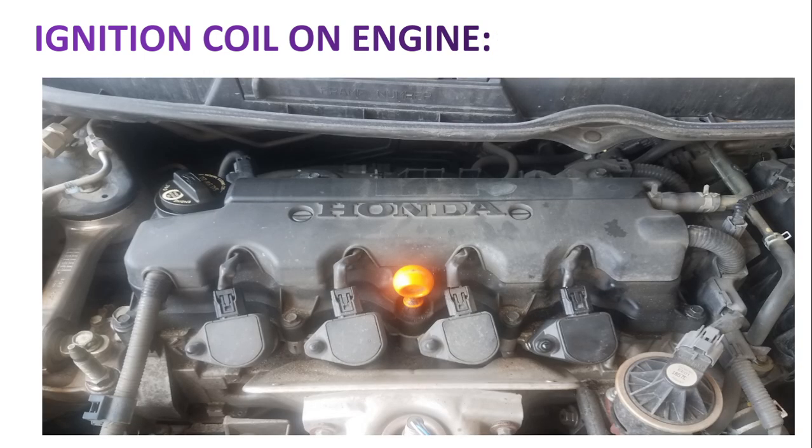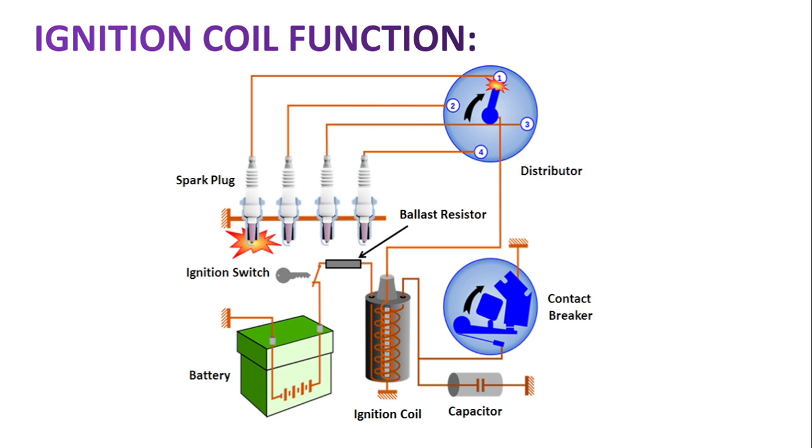In this slide here you can see the engine. These 4 ignition coils are here: first, second, third and fourth, and you can see how the connectors are connected. This is the first connector, second connector, third connector and fourth connector for connecting the ignition coils, and these black wires are the wire harnesses. Now in the next slide we'll see the ignition coil function. In this diagram you will understand definitely.